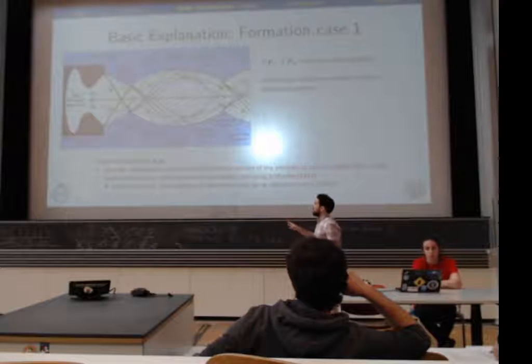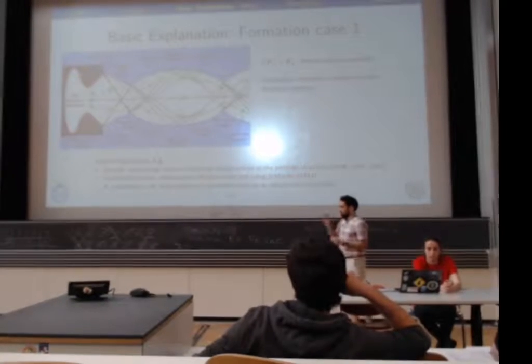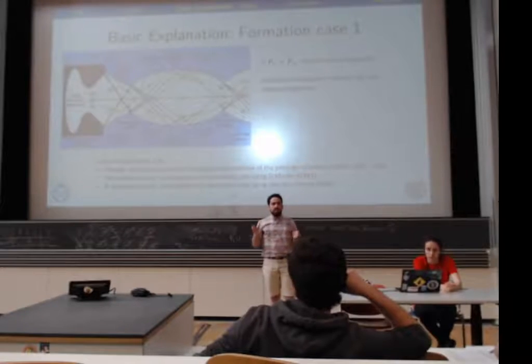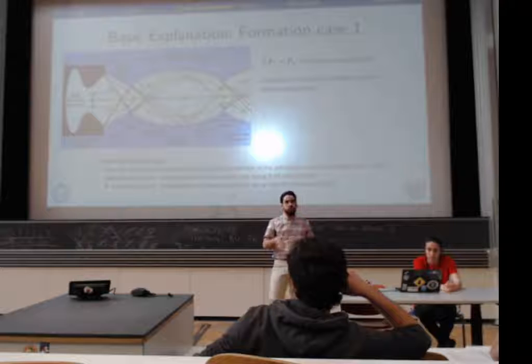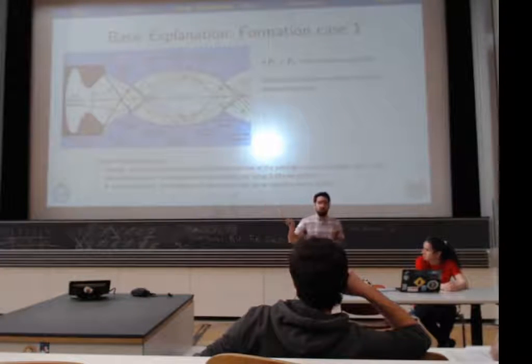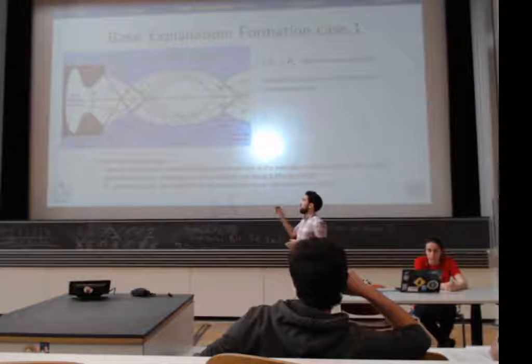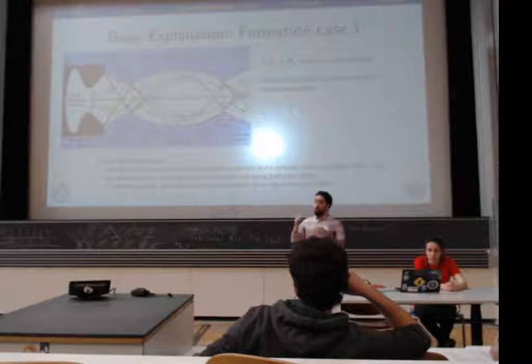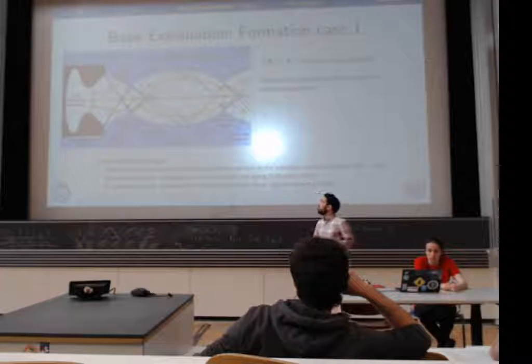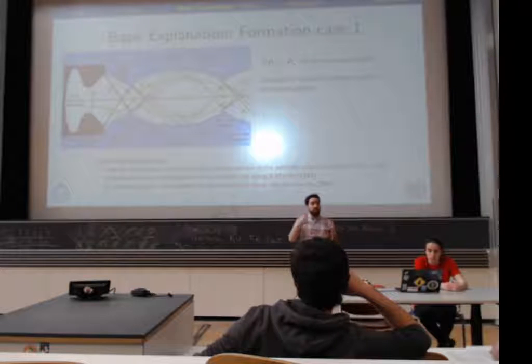So the basic explanation for the formation of shock diamonds is, well, I'm simplifying things here, but shock diamonds are patterns that are observed in supersonic flow. When we have a supersonic flow, it's known in common literature that if the nozzle is overexpanded, this leads to the formation of oblique shocks at the exit of the nozzle. These oblique shocks interact with each other,